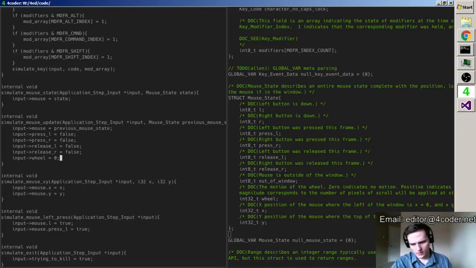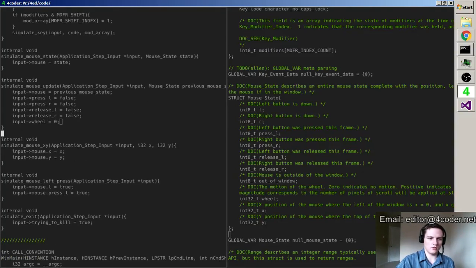Anyway, the X and Y is preserved because the mouse is only presumed to move when we send an update to the position. L and R is only presumed to change when we either press or release one of those. Out of window changes with the XY, and wheel just gets set whenever that's being used.